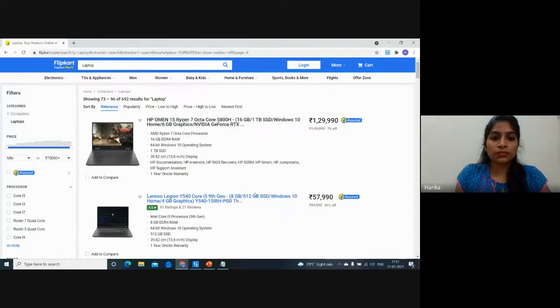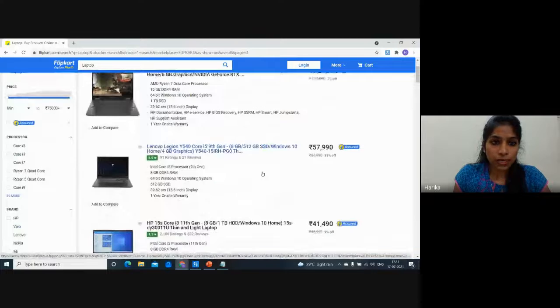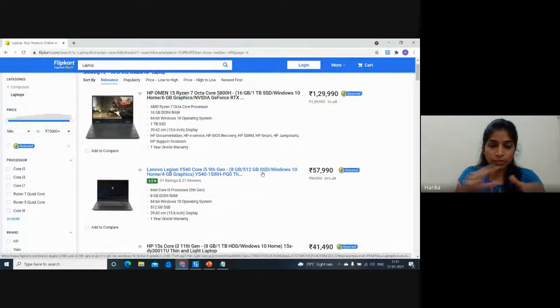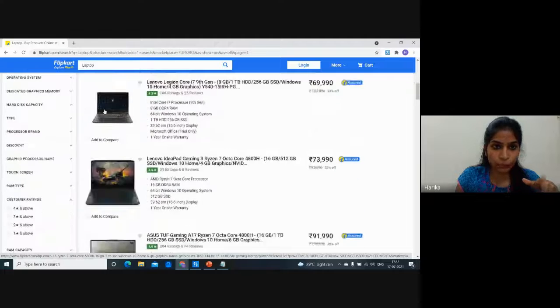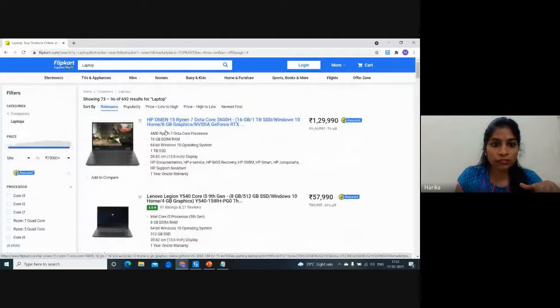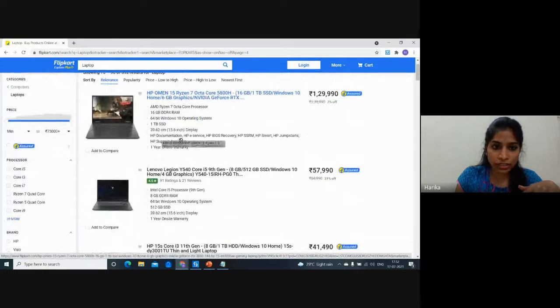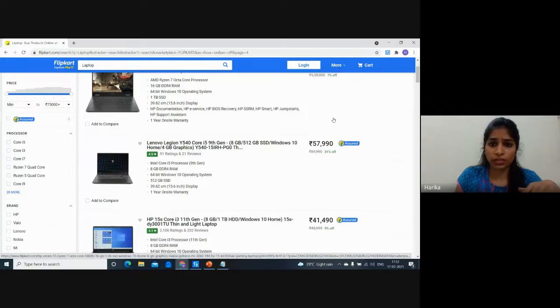So if you just observe in this page, the information on my application page is like I'm having the data of laptops, right? Here we have the images of all the laptops, and we have the names over here. We have all the specifications or the features of this particular laptop, and we have the price and all the information like what is the offer and everything. So this is a pattern that it is following, correct? So this is a structured data.